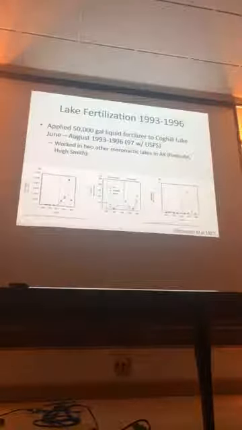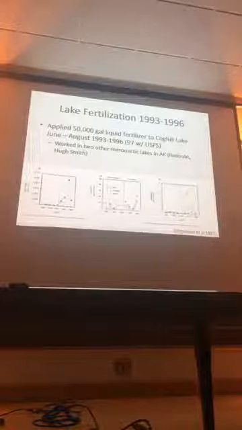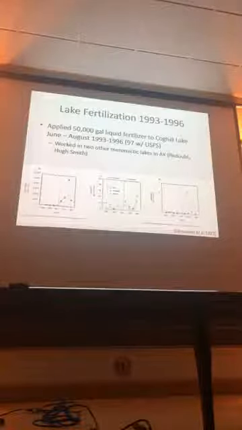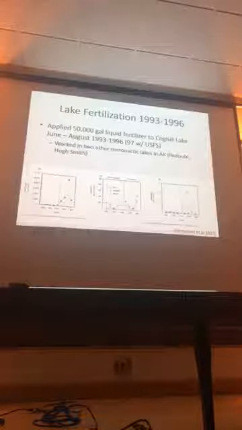From 1993 to 1996, Fish and Game, in cooperation with the Forest Service, performed lake fertilization. 50,000 gallons of liquid fertilizer was applied with the goal of increasing zooplankton abundance and smolt size and survival. This was successful in other lakes in Prince William Sound, however, it was not effective in Coghill